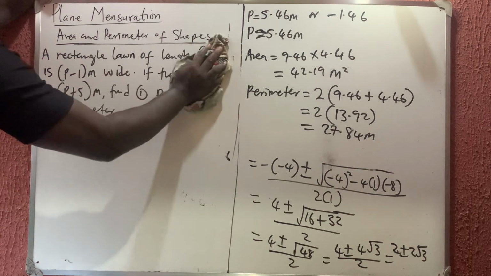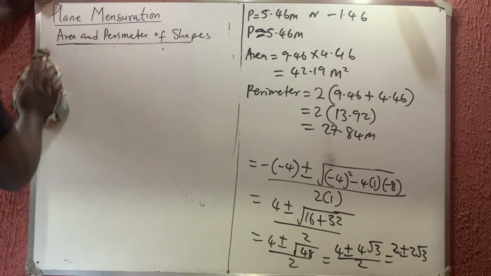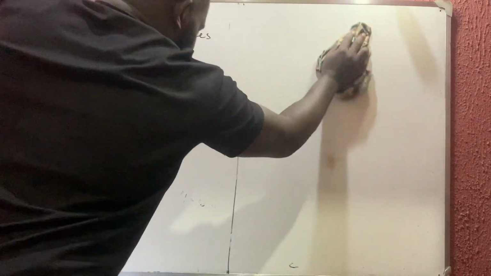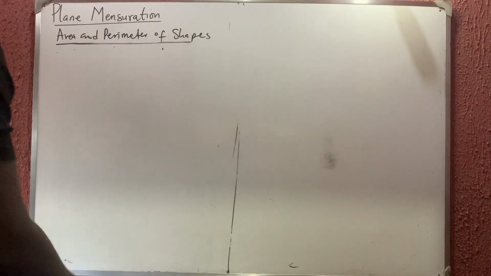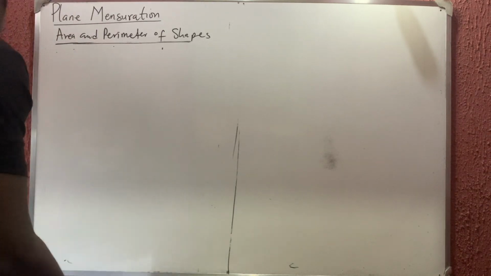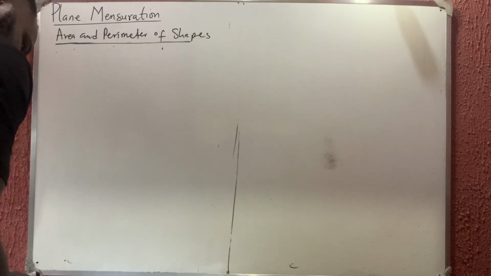So we move to the next question. I hope it's not difficult. We just used Pythagoras theorem to find our P. Then from there we substitute, and then we are good to go. We move to the next question, and this question said,